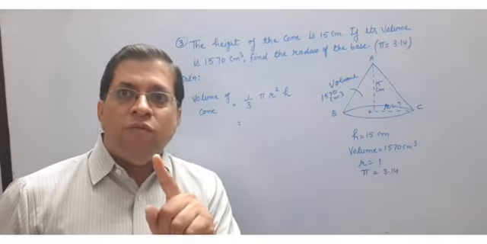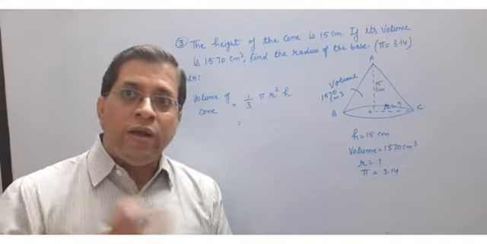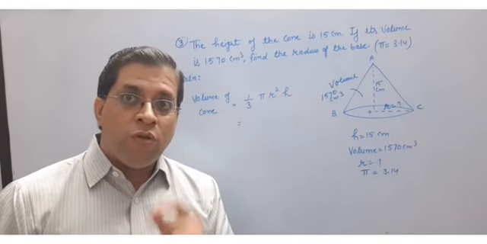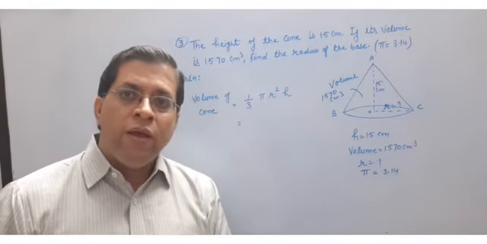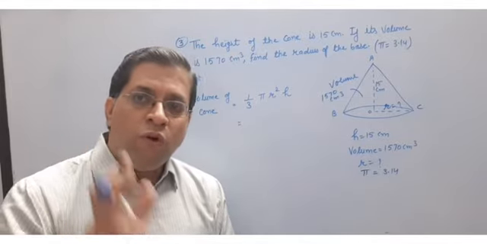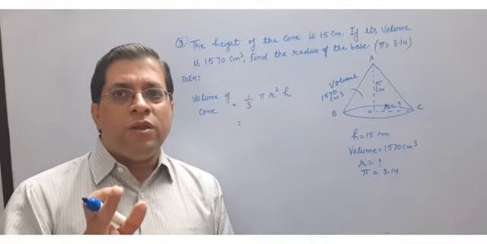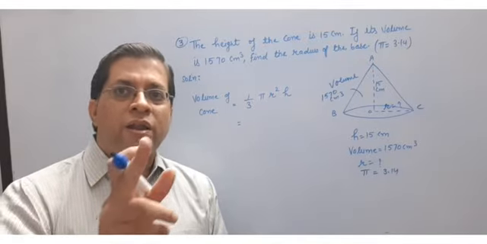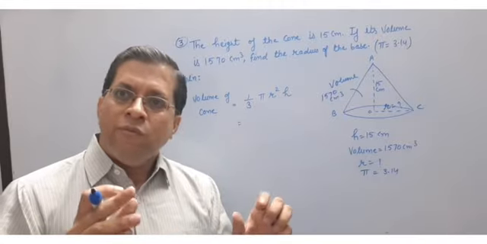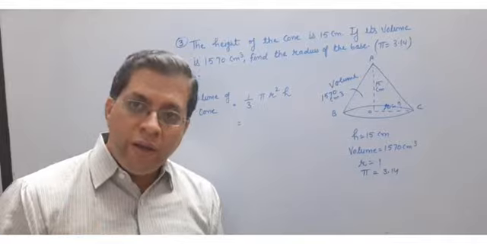Volume. And you also know the volume formula. You know it very well, because you are watching me continuously. So what is the formula for the volume of a cone? Volume of cone is 1 upon 3 pi r square h. Put in all the values, and whatever is unknown, you have to find out.